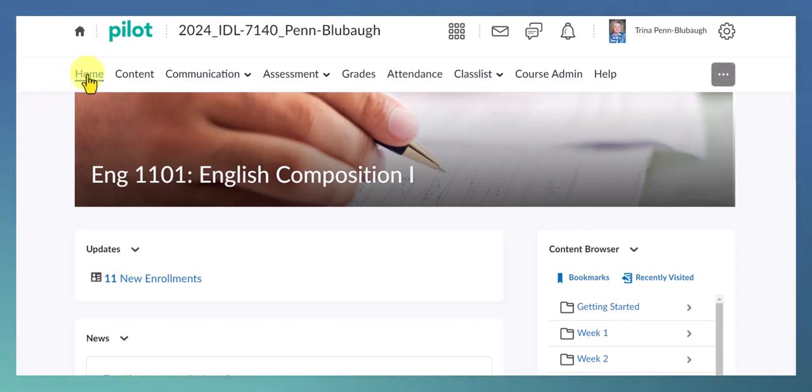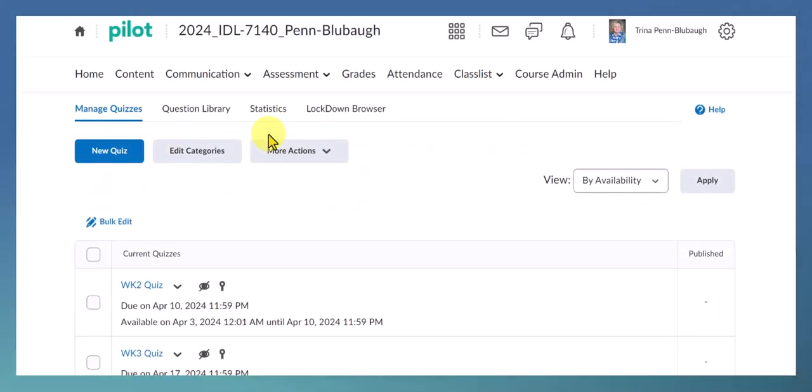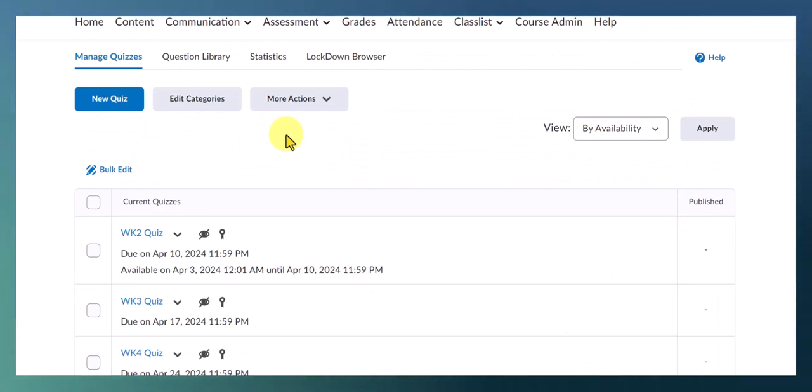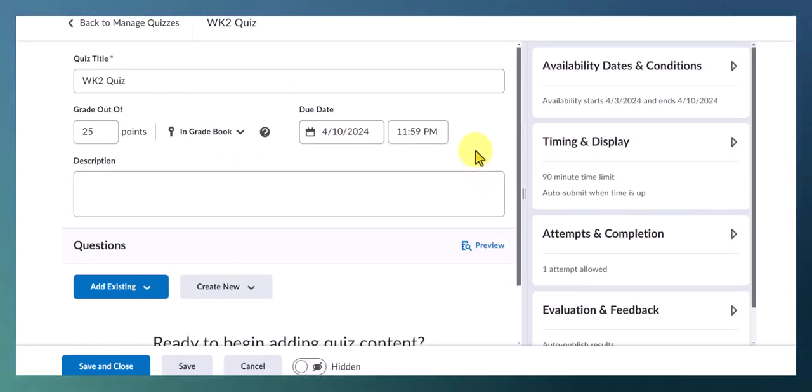I'm going to go up to my navigation bar and go over to Assessment. I'll click on the down arrow. I'm going to go into Quizzes and Exams. From here, I'm going to go into my Week 2 quiz. I'll click into that. And from here, I have access to all the details like the due date and the availability dates and conditions